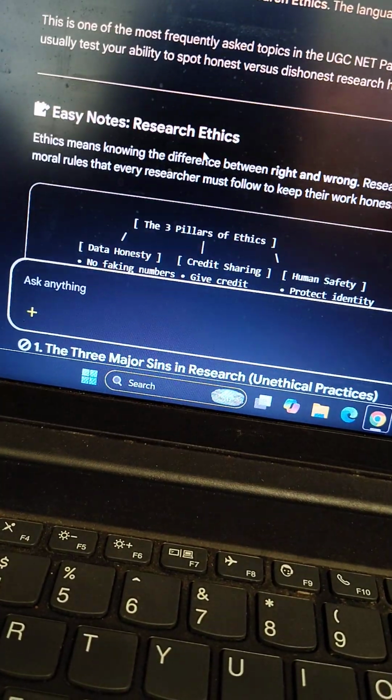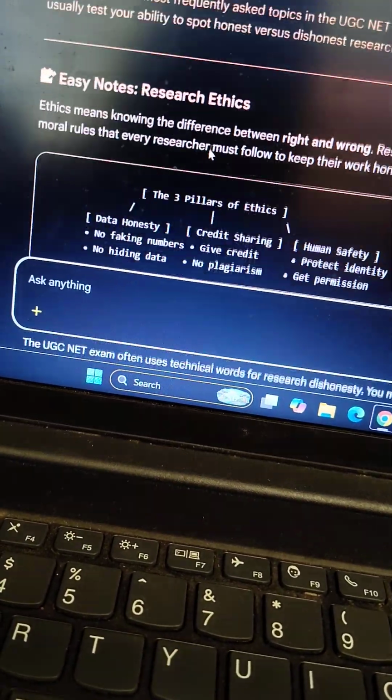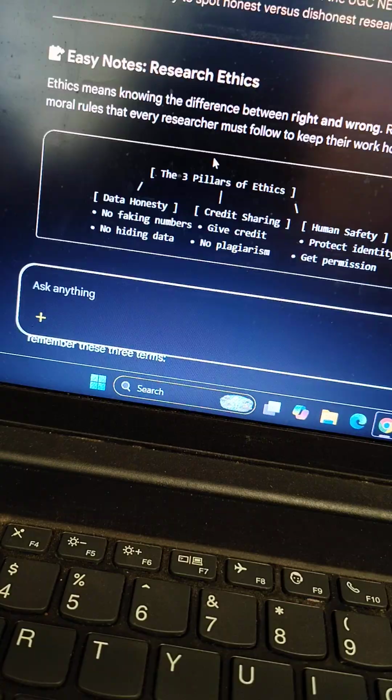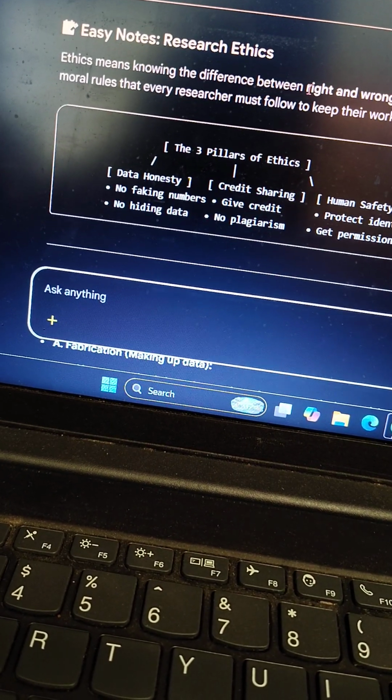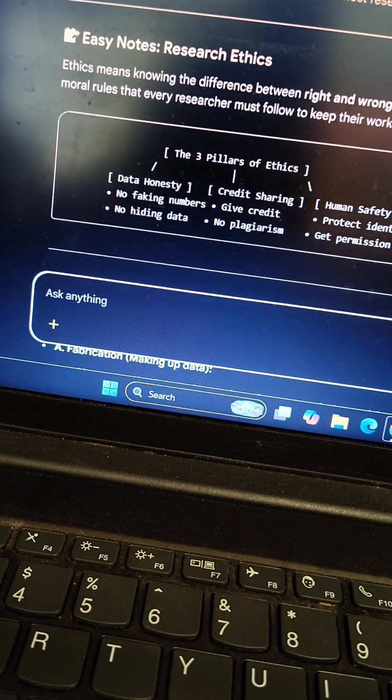Then the final one, research ethics. The research ethics. Ethics means what? What's the difference between right and wrong? What is this